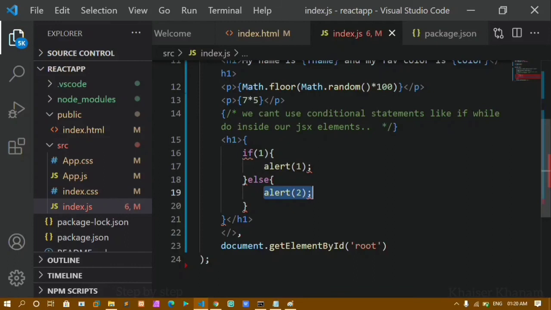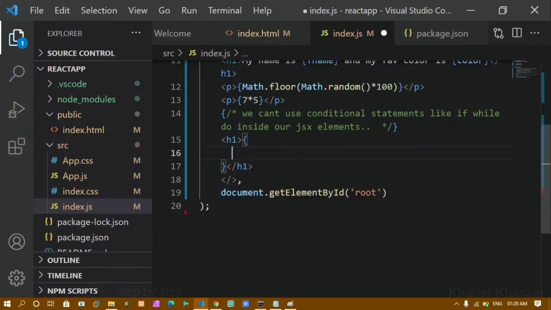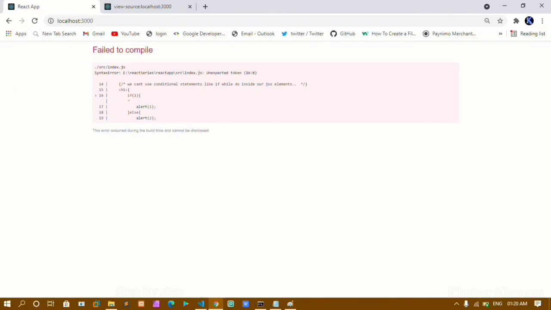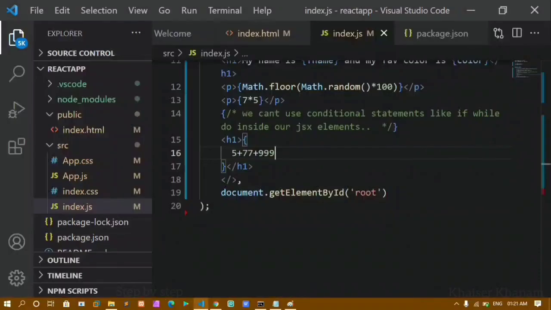So that's why it is not going to support this one. Whatever I write inside the curly brackets should be returning the result. It should not check any condition. Directly it should be returning me the result. Only then it will work. I'll just remove this now. Now inside these curly braces I can perform anything. I can also perform addition here. I'll save this. Now if I refresh this one, you can see I'll be getting this output.